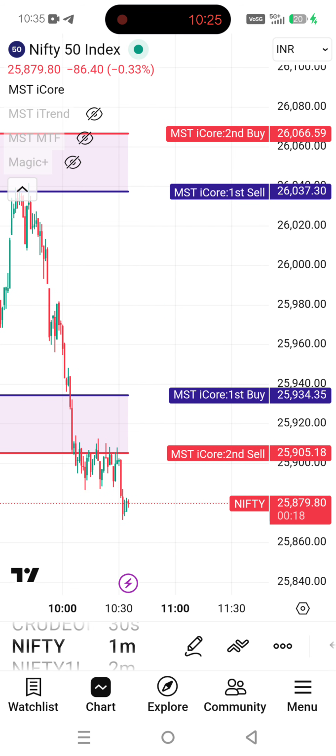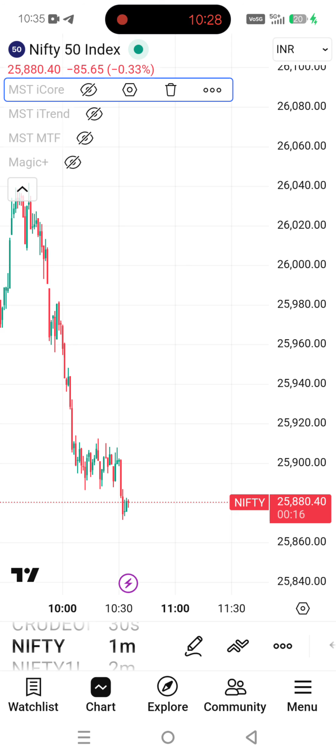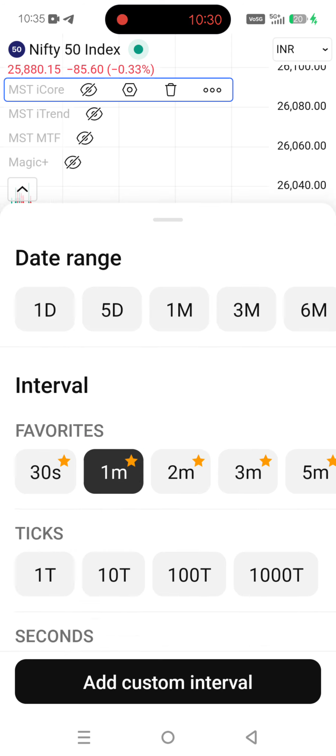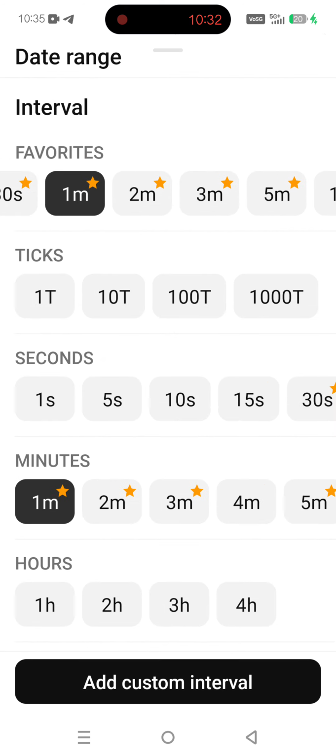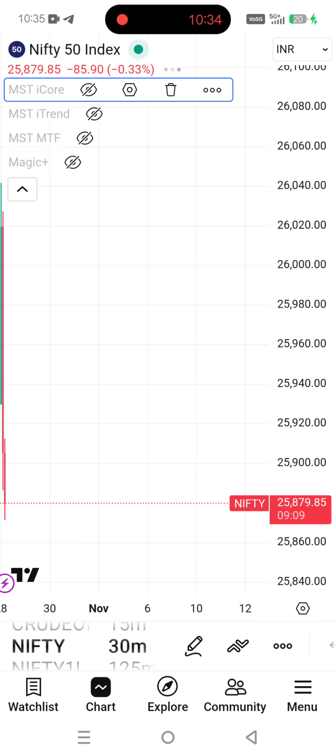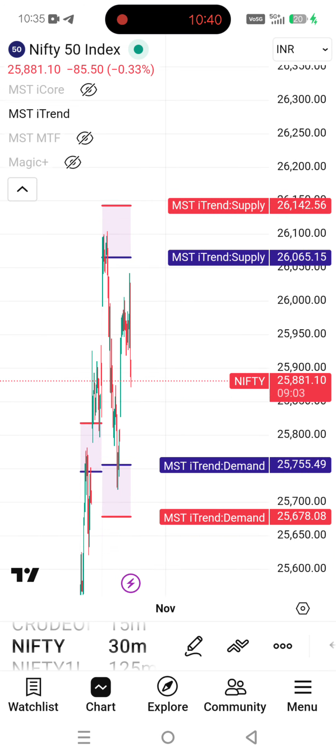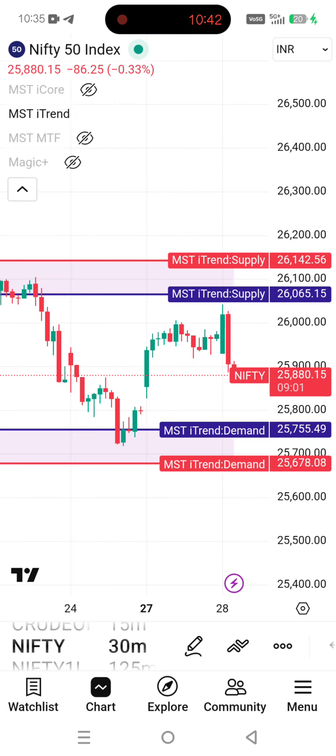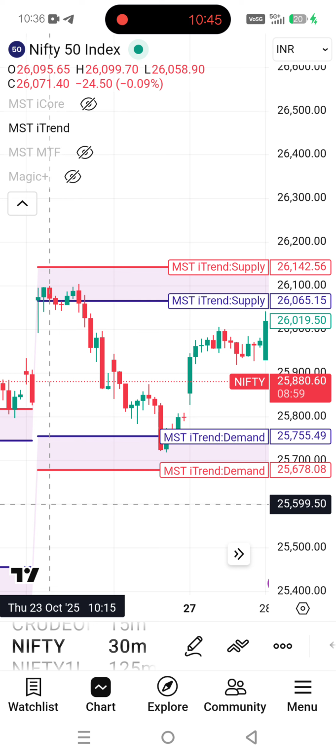It is a very easy method. And let me show you how to do positional trading using the MST iTrend indicator. For positional trading, go to the indicator settings and keep it in the 30 minutes time frame. What minute? 30 minutes. So in the 30 minutes time frame, after Diwali, sell got activated and